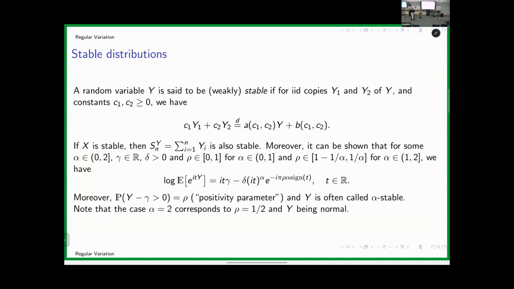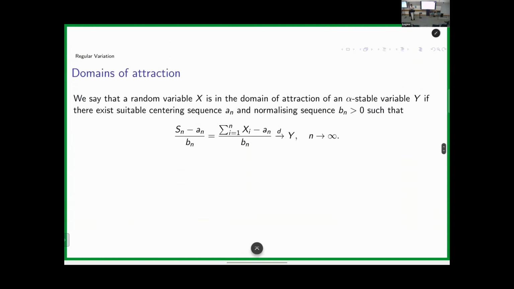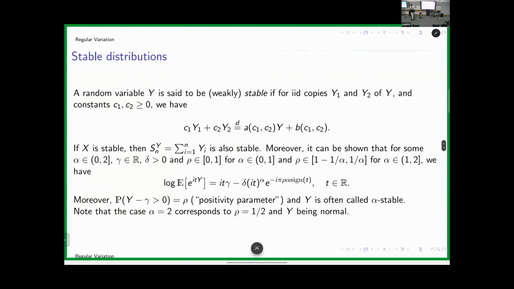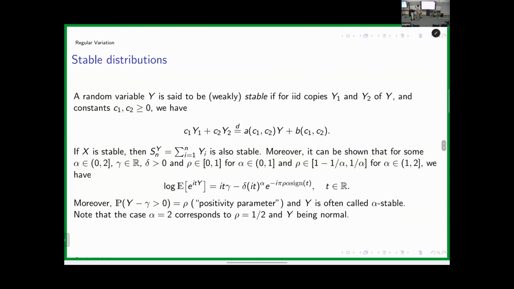So these are simply stable distributions, which we use all the time because they arise naturally. How do you see the Gaussian again when alpha equals 2? Yes, when alpha equals 2, you will get the usual characteristic function of a Gaussian. There's some additional exponential term, which will cancel with the i that you have in front. So you will have some constant which will specify the variance, and this term will specify your mean. So it will not be normal 0, 1, but it will be normal with some mean and variance. That's the only option for alpha equals 2.